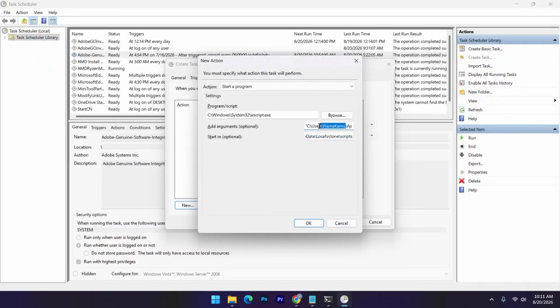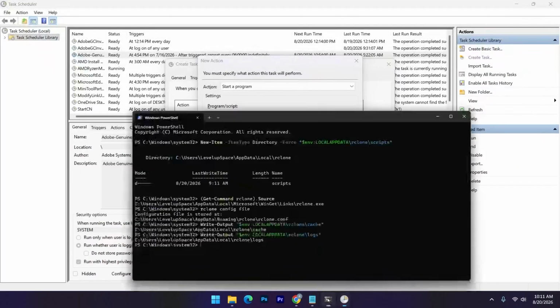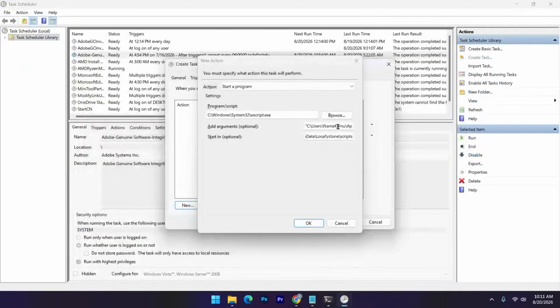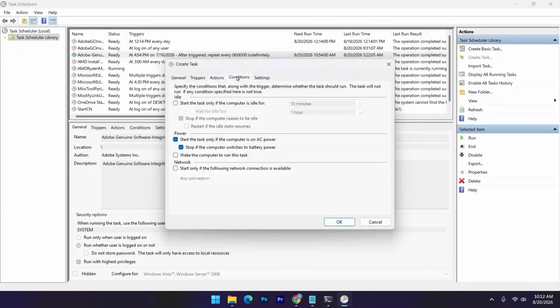Here you also need to change the name to match the username on your laptop or PC. On our laptop, the name is Level Up Space, so we change it in the Task Scheduler. Change the username here to Level Up Space. We also change the one in Start in. Then go to the Conditions tab, uncheck the box for Start the task only if the computer is on AC